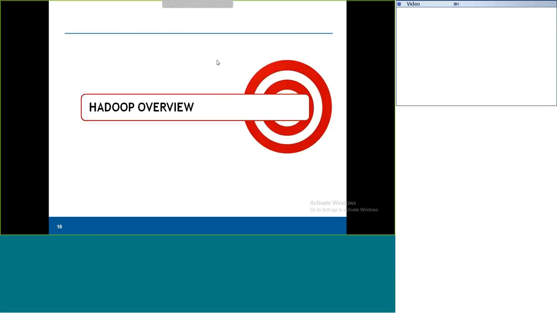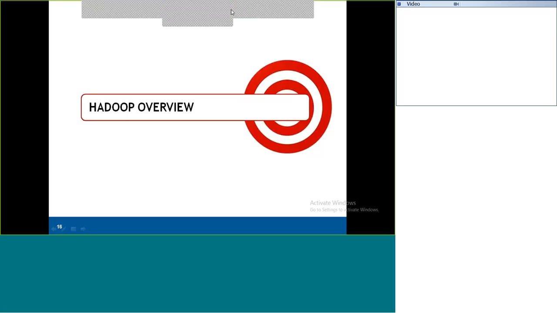Any questions on big data? Now we are going to talk about a little technical part of it: Hadoop. Again, this first session is kind of giving you an overview about big data and Hadoop, not too technical, and the advantages and the prerequisites. Any questions before starting about Hadoop?